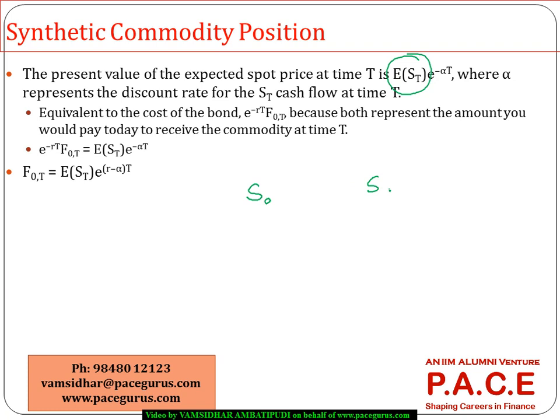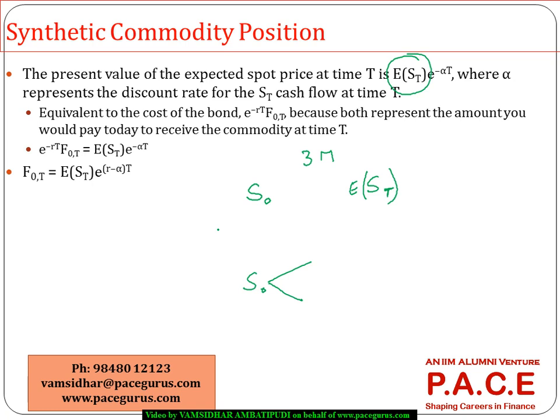Here I am expecting that the price of this commodity will go to some ST. Let's say after 3 months, the price of it will go to ST. Probably there is some chance that it may go here, there is some chance it may go here, all possibilities can exist. So, whatever is the expected value of this ST after 3 months,